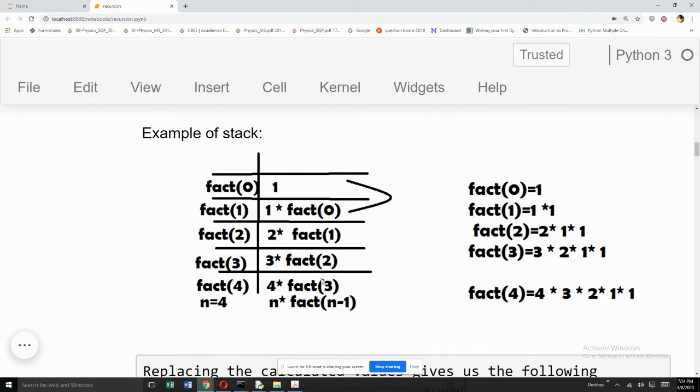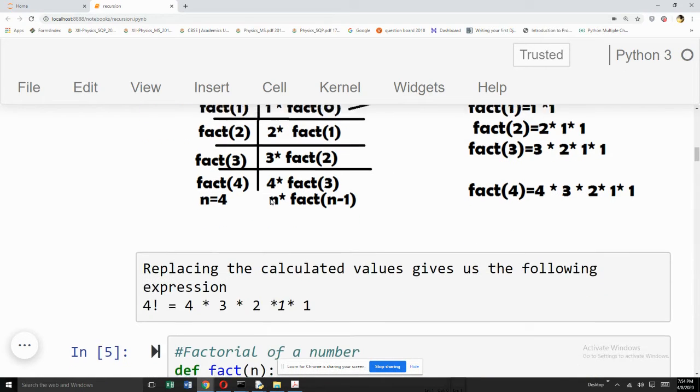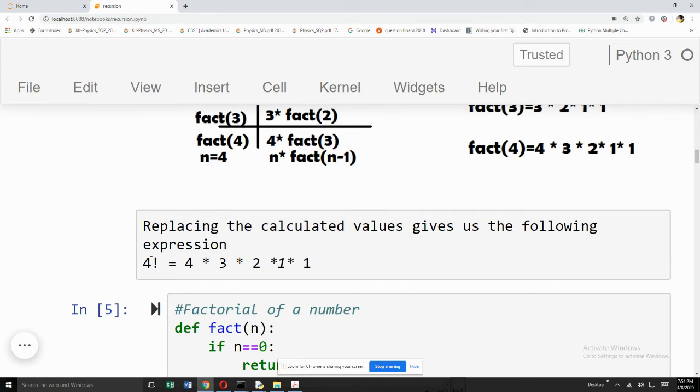So what is main in deciding is what the function calling definition within the factorial should be. You should say return the value n into fact of n minus 1. So fact is being called again by passing n minus 1. And what is your base case? The base case is if fact 0 has been called, n is 0. If n is 0, it should not further call the factorial, rather return the value 1. So the final value that will be returned from the stack will be: 4 factorial is 4 into 3 into 2 into 1.